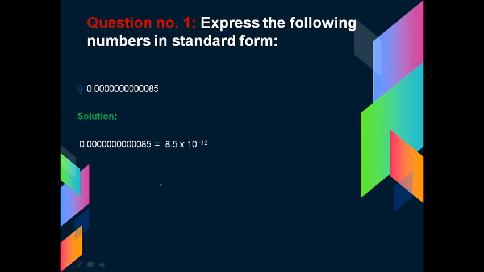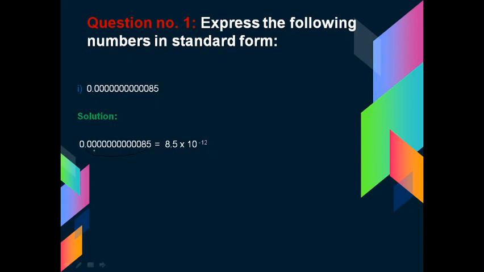Now why we have written it as 10 raised to the power minus 12? So here this is the given number, and when we have to convert the number in a standard form, that is in the exponential form, then this decimal we have to shift. So here we are shifting this decimal after 8, because these are the zeros here, when we are converting in the standard form there is no need to place the decimal in between zero. So wherever non-zero number is given, there we have to place the point, that is a decimal.